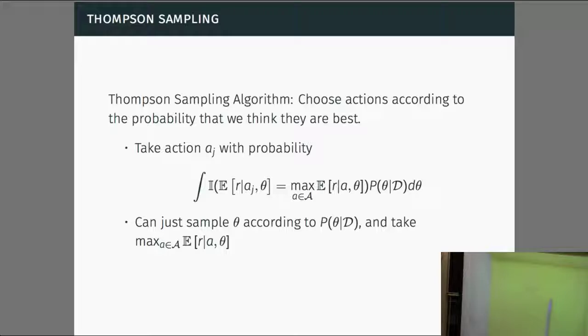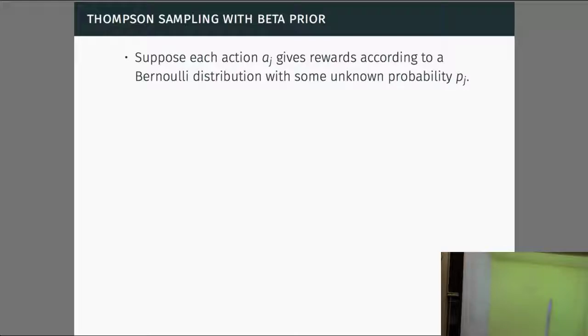Because then we can compute which action, given a particular theta, is actually optimal, because theta basically specifies what the probability distributions are for each action. Does that make sense? So assuming that theta is correct, we know exactly which action is optimal, so we just sample that action.